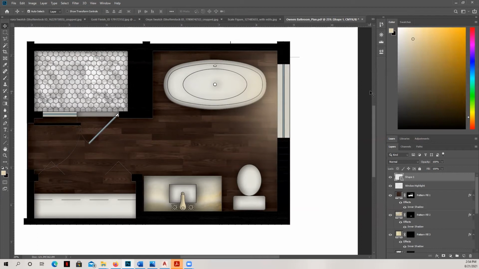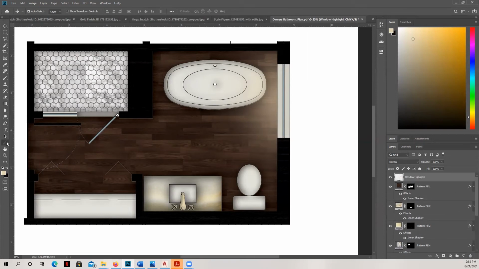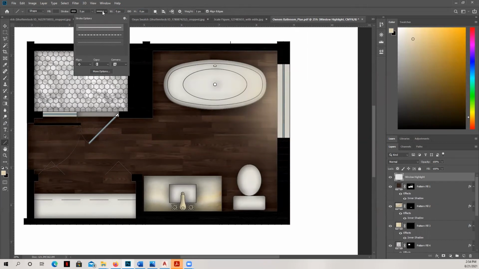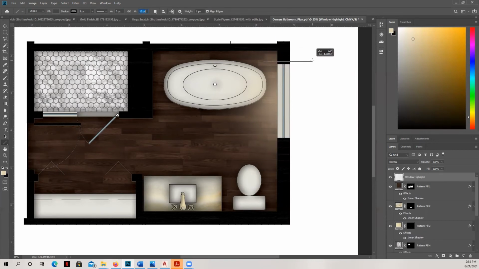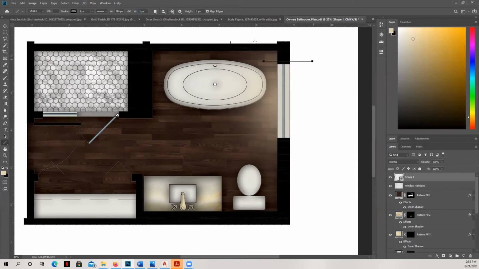Now you can see here, it's still pretty thin, so I'm going to go up here and adjust the size of it. It's misbehaving. I'm going to delete it and draw it again. You can also adjust the thickness or the line type here as well. Maybe we'll go a little bit bigger. Let's see how 10 looks. Much better.